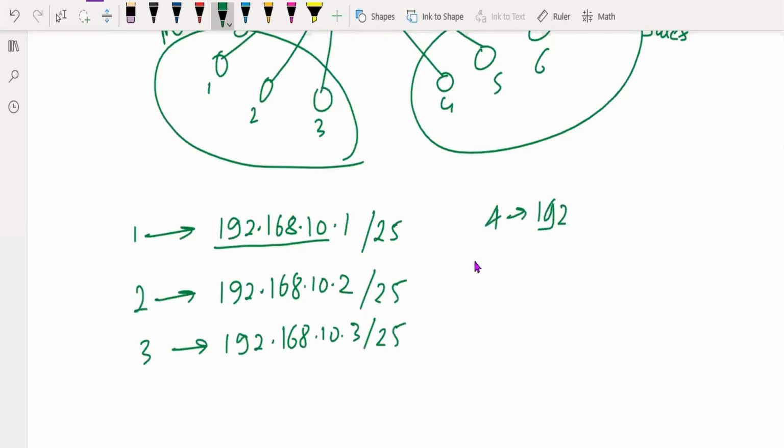Now see, I'm dividing this 192.168.10 into two parts.